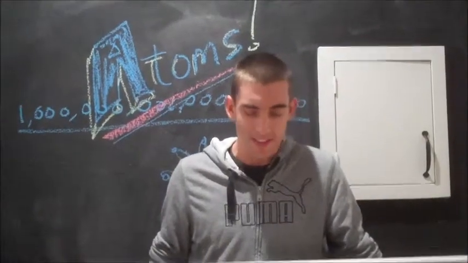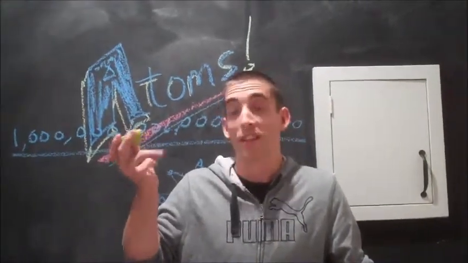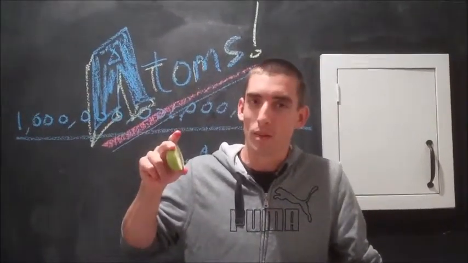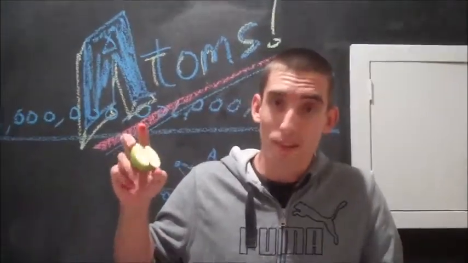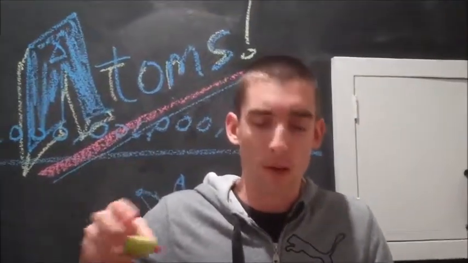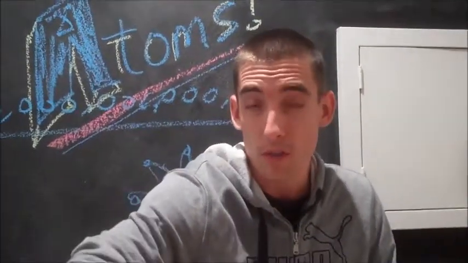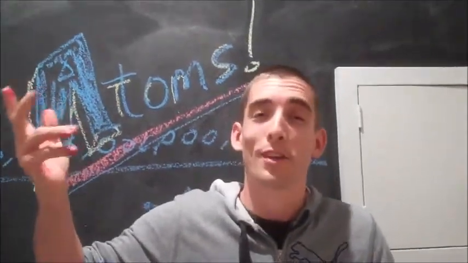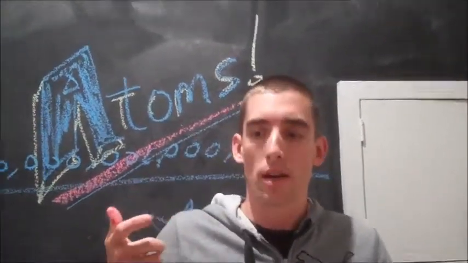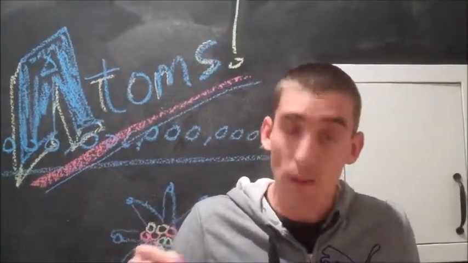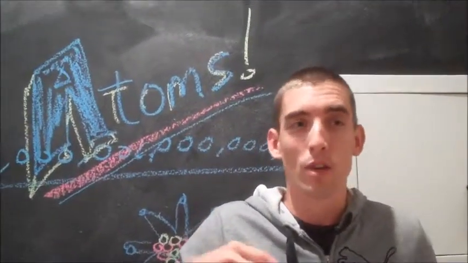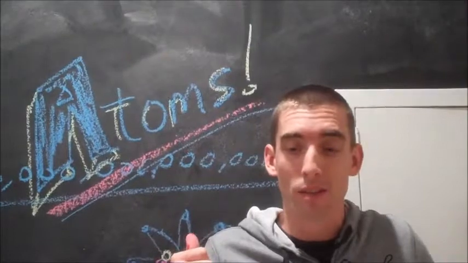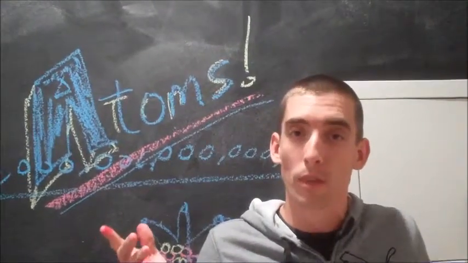Okay, so we said that no matter what we do with this apple, we could never slice it thin enough to find an atom. But it doesn't mean we can't prove that atoms exist. In fact, we can prove they do exist with a really simple experiment at home. Now, this experiment has a fancy name. It's a demonstration of something called Brownian motion. Because a physicist, whose last name is Brown, described this kind of motion. And it was made famous by someone named Albert Einstein, who took his ideas and realized, hang on a second, this actually proves the existence of atoms. And we can do it right in our kitchen, which is really cool. So, let's look at the experiment.